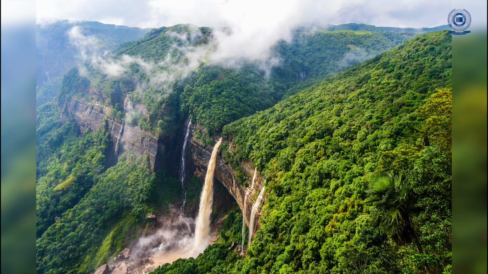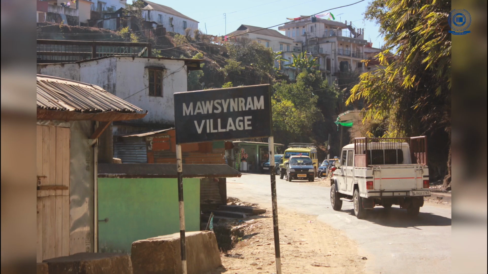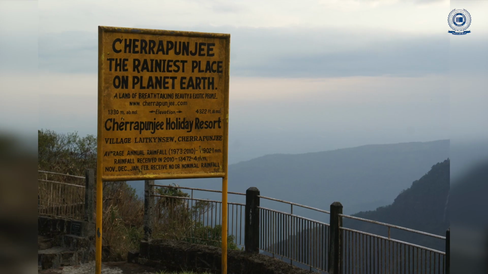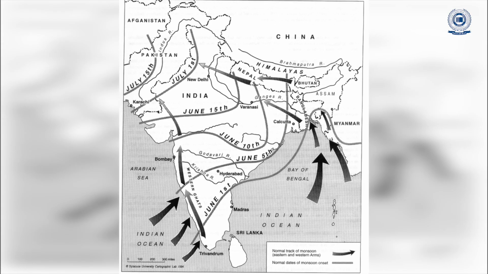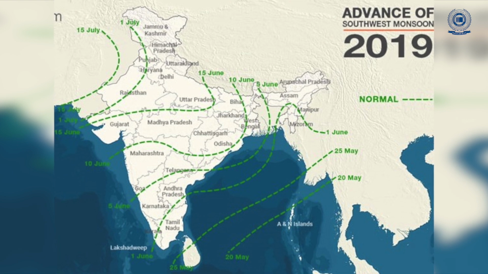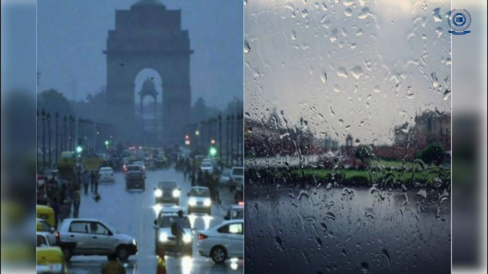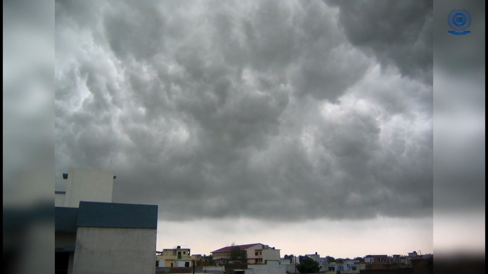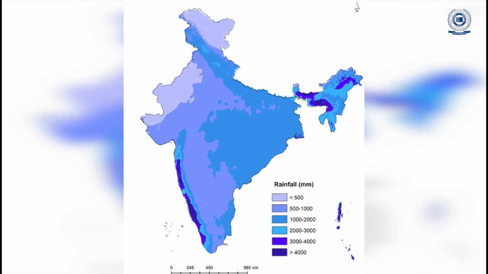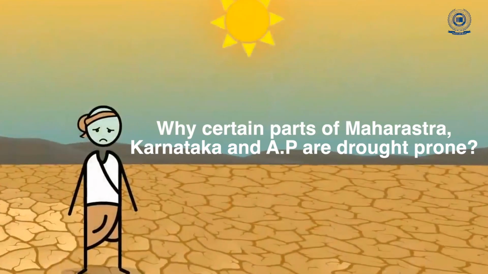On the other hand, Bay of Bengal branch moves towards the northeastern states. From there, it strikes the Patkai and the Purvachal areas, causing heavy rainfall in the northeastern states. Certain parts of Cherrapunji, Mawsynram and Assam get heavy rains. You may know Cherrapunji gets the highest rainfall in India. The Bay of Bengal winds, after hitting Himalayas, get deflected towards the northwest, where it meets the Arabian Sea branch over Delhi and causes heavy rainfall in Delhi and surrounding areas. By July 15, monsoon has reached almost every part of India.